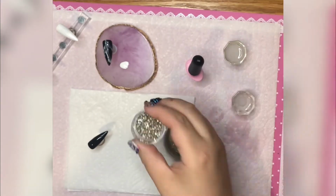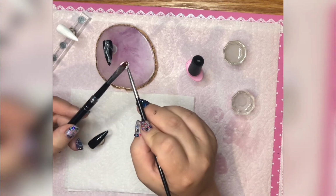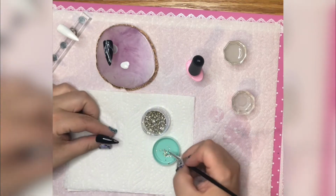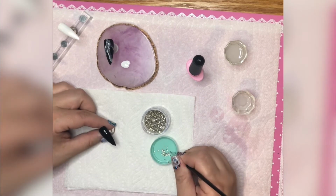Here I've got some little SS3 and SS4 crystals I got off of Shein. I just kind of mixed them together. I like to use different sizes when I'm doing my jewel application, just to give it a little bit more depth. And SS3 and SS4 are pretty close in size anyways, so